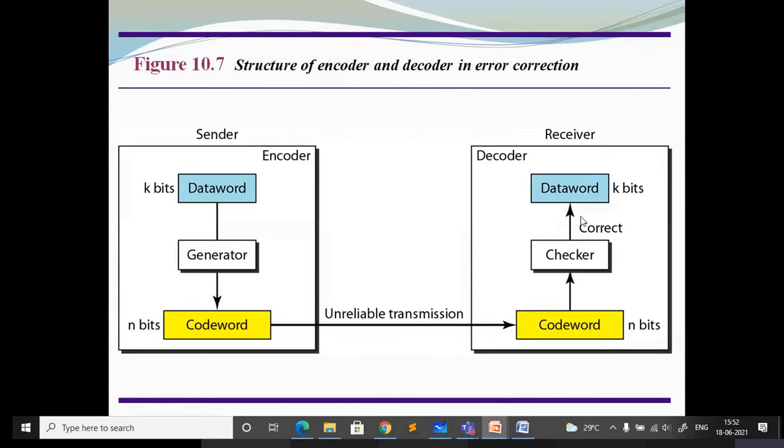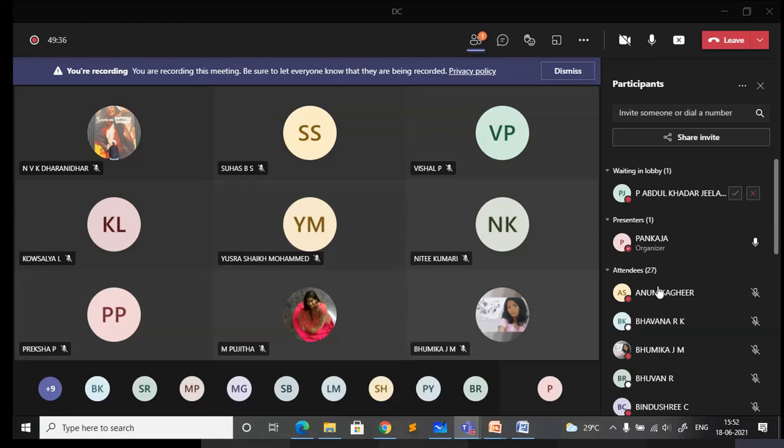Is it clear? The detection and correction. In the correction you can see there is no discard. So it has to correct the error. This method is going to identify how many bits got corrupted and what is the position of the bits. Accordingly it will correct the error. So we'll be learning those methods in the next topic.